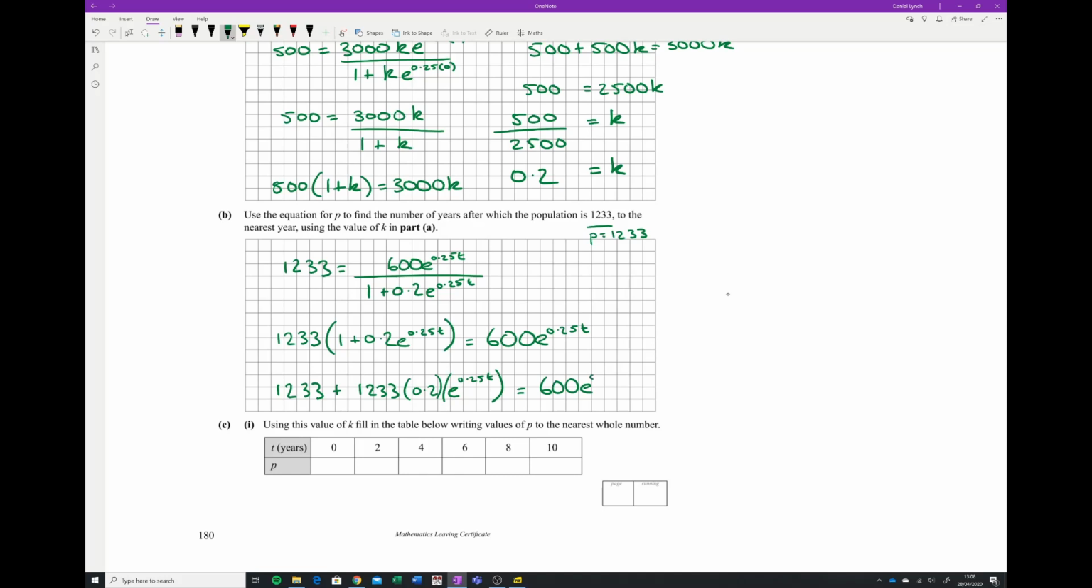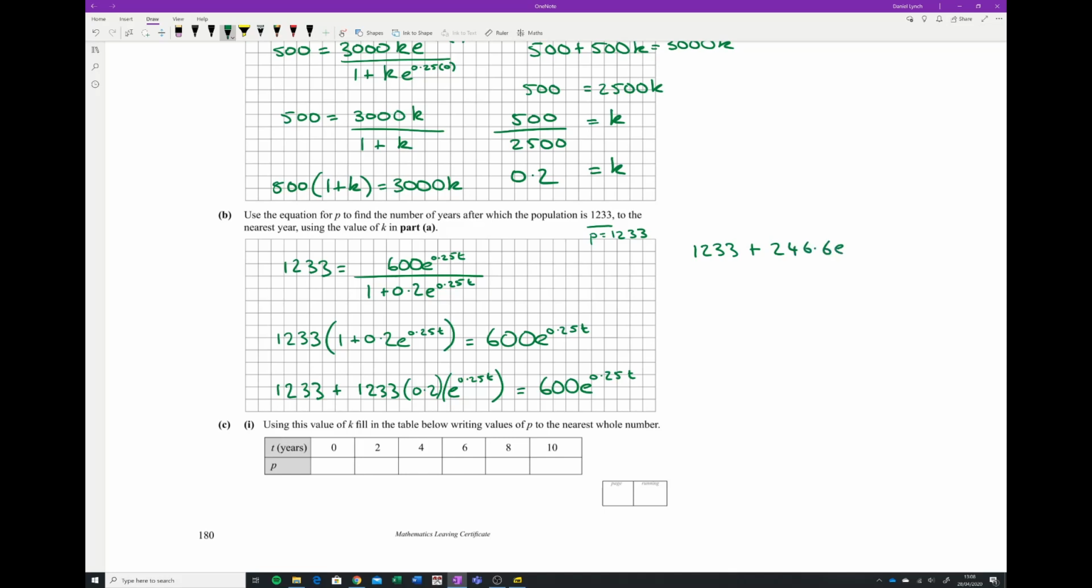600 e to the 0.25t. Okay, the reason that I wrote it like that is because I think it is probably better to write it as that. Is it? Maybe, maybe not. I don't know. But here, we've got 1.233. When we go and multiply 1.233 by 0.2, we end up getting